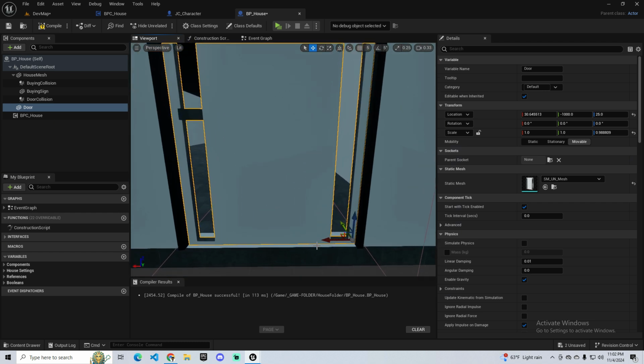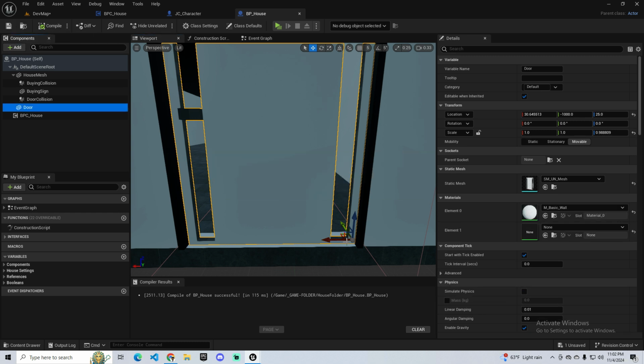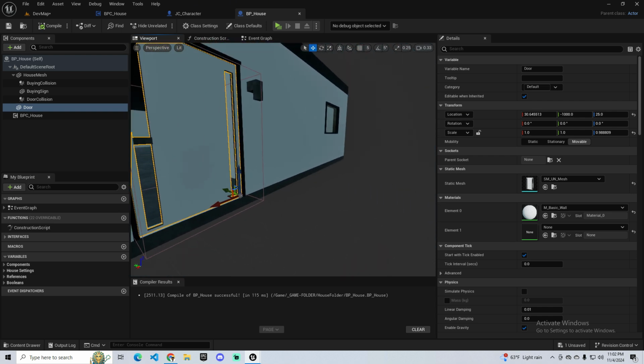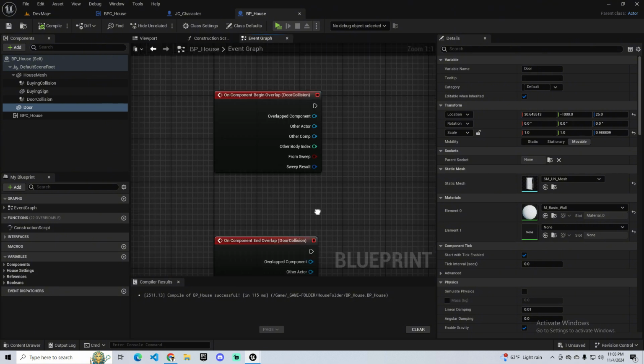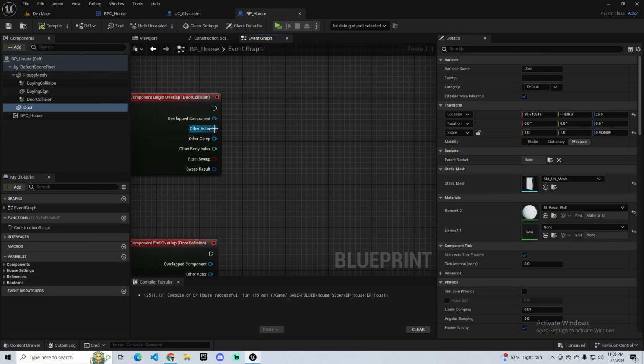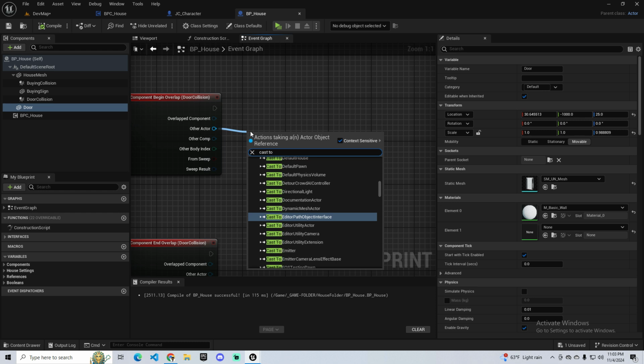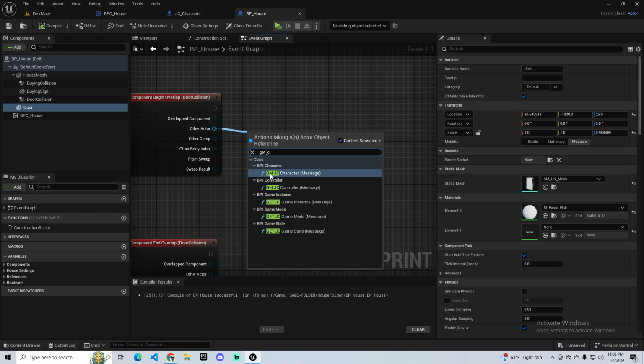Most importantly, make sure your pivot point is down here. If you create the door in Unreal, I'm going to show you how to adjust the pivot point. So if you go to the graph, we can cast to, matter of fact, we don't need to cast. We can say get JC character ref,